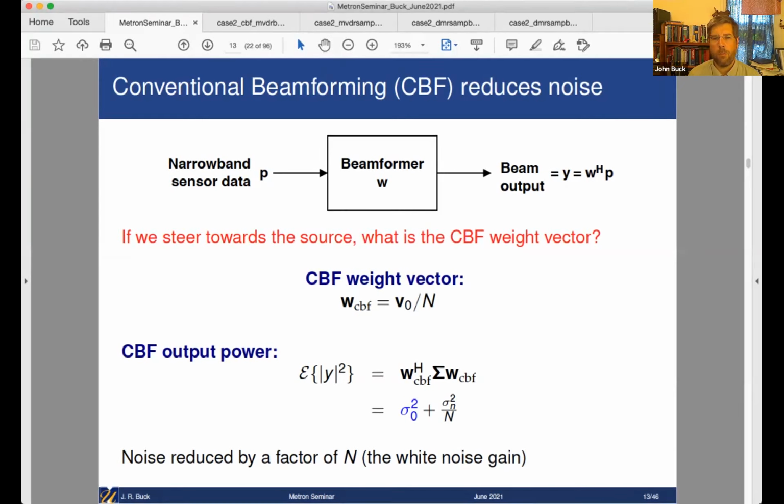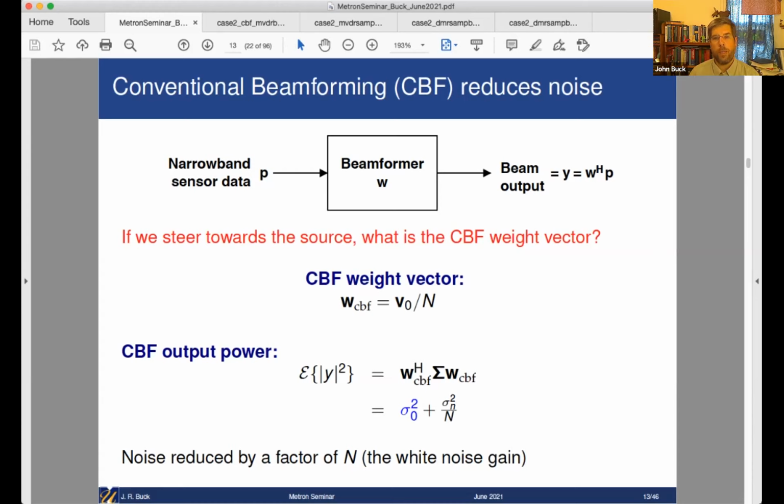And when we go through all this with the beamformer, when the dust settles, the expected output power will include the desired signal. That comes through with a gain of 1 like we'd like. But the beneficial thing here is that the noise power has been reduced by the number of sensors. And we call this the white noise gain. Hopefully, if you remember 1 or 2 things from your probability or array signal processing or random signals classes, it will be that when you average uncorrelated random variables, you reduce the variance by the number of terms in the average. And so in addition to these shifting things going on to create constructive interference for plane waves the way we want,